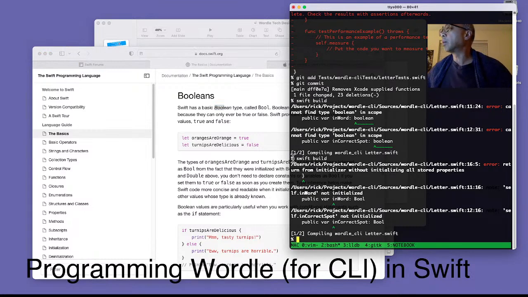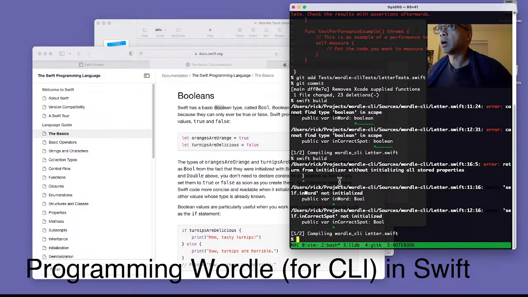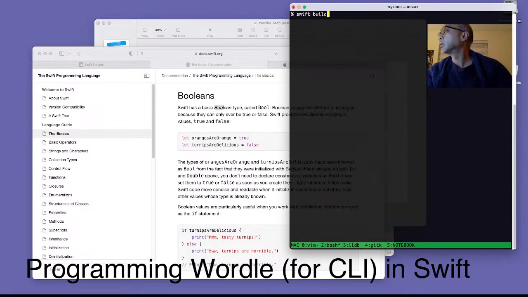This is the prompt right here, so it's all the lines after this. There's some errors because I've returned from the initializer without initializing all the properties. So I think I can solve that differently by initializing them here. I'll just clear the screen too so we can see what we're doing. This workflow feels slightly faster, and maybe I'll be able to get a little further with this workflow, at least with the logic